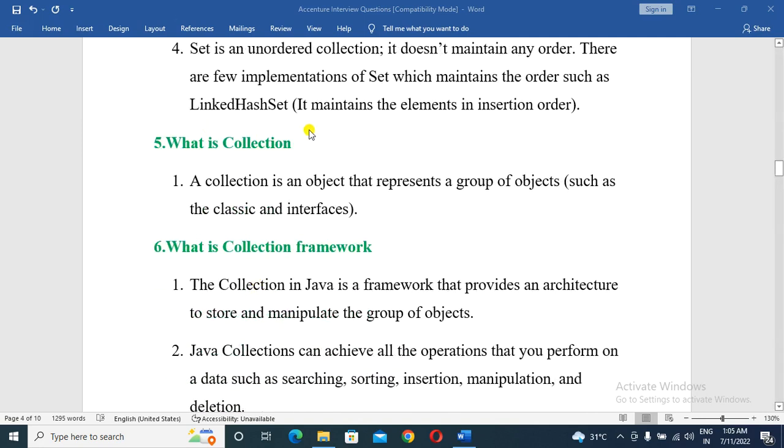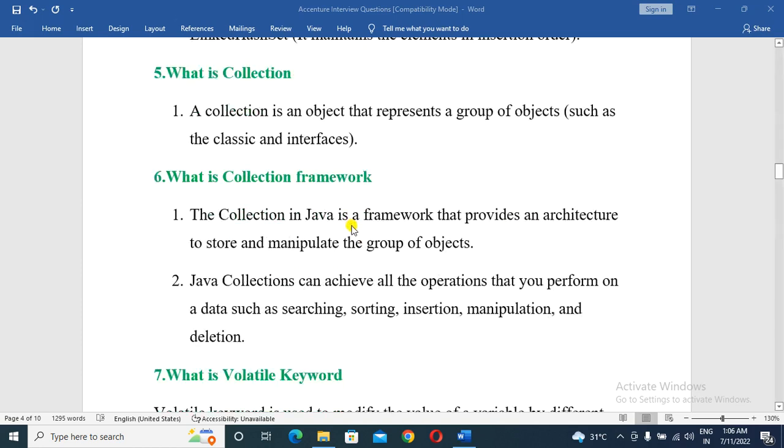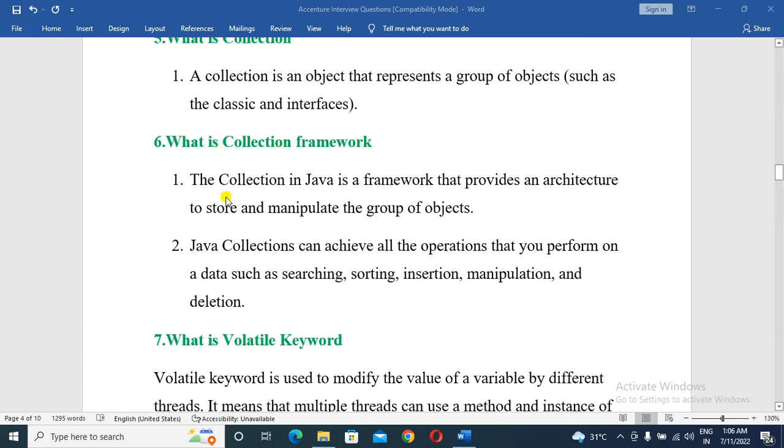So what is collection? Fifth question is, what is collection? Collection is an object that represents a group of objects. So collection is one object that represents a group of objects, such as classes and interfaces. That means the collection contains different classes and interfaces. So what is the collection framework? The collection in Java is a framework that provides an architecture to store and manipulate a group of objects.